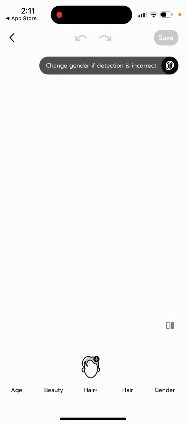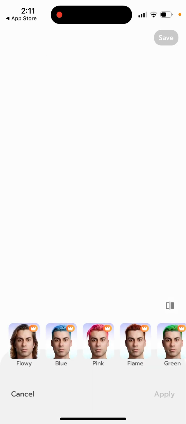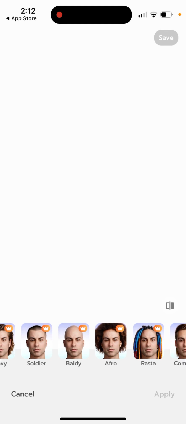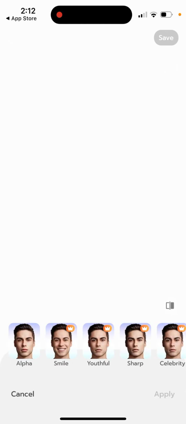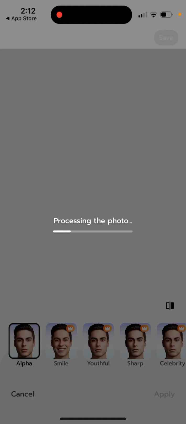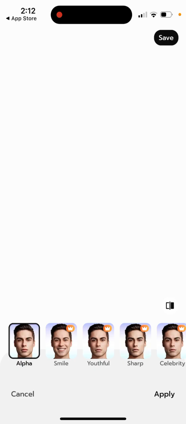Then let's see, and then for example, what you can do here, you can just change the color of your hair, see how it looks like. Unfortunately, that requires a premium subscription, but then you still have some free filters which you can try out just like that. So yeah, you can just try some